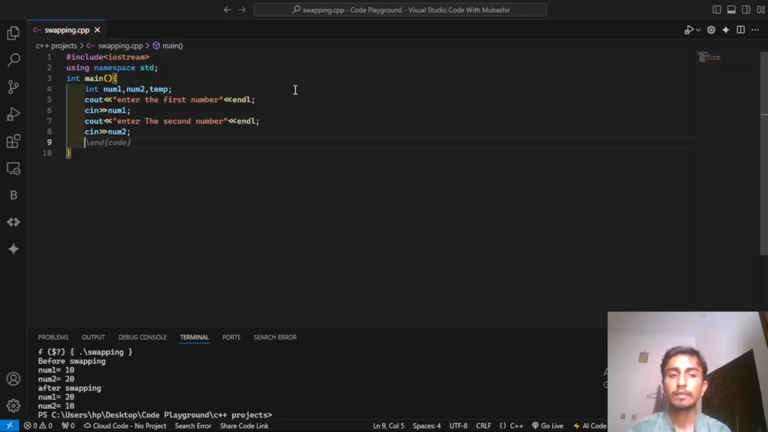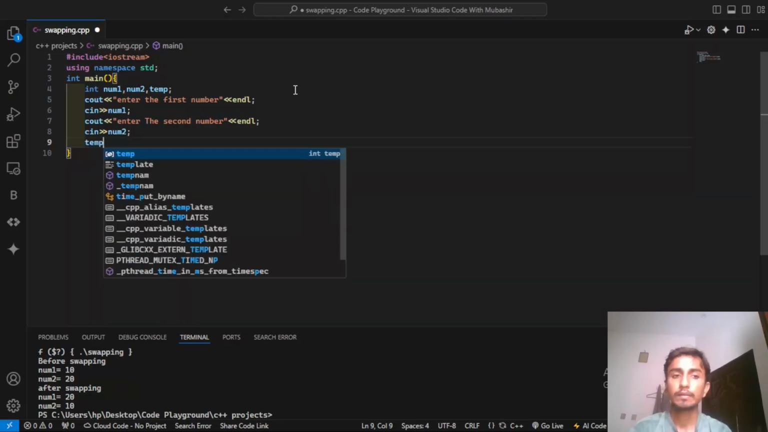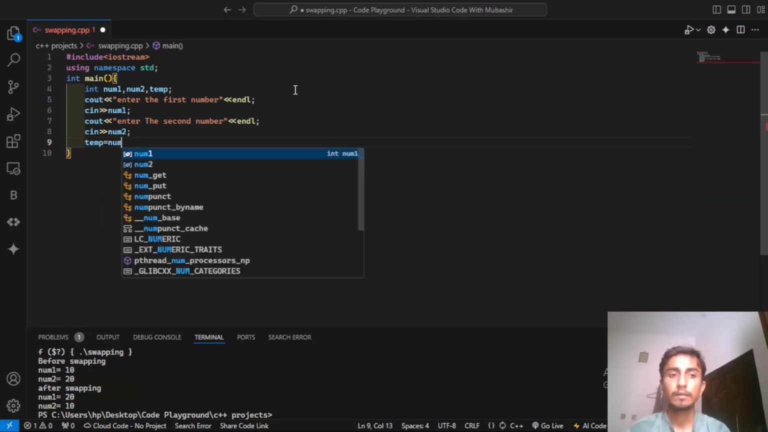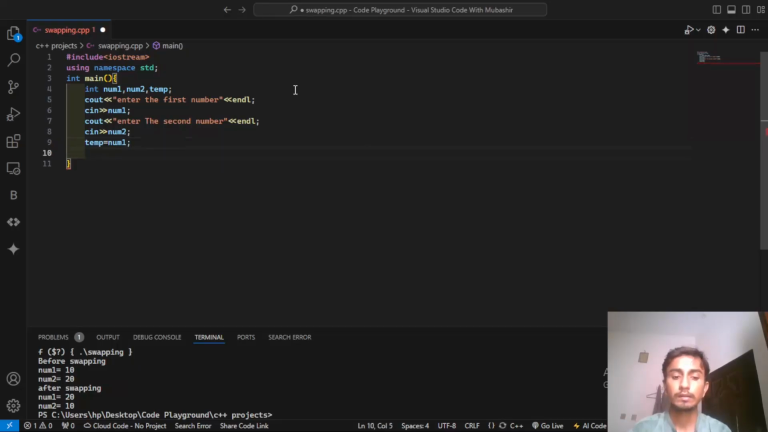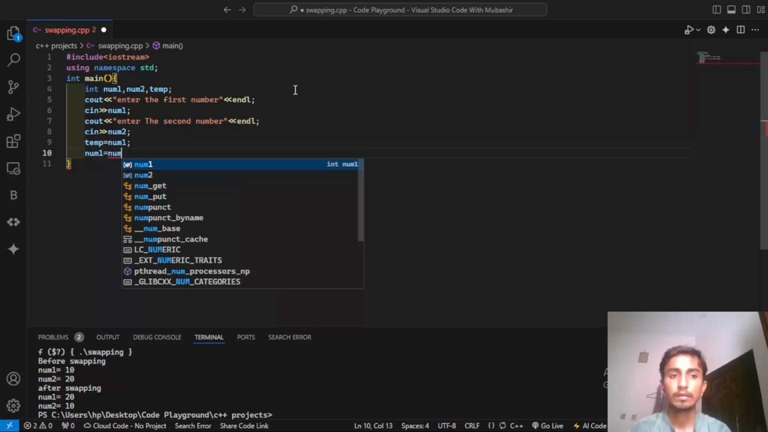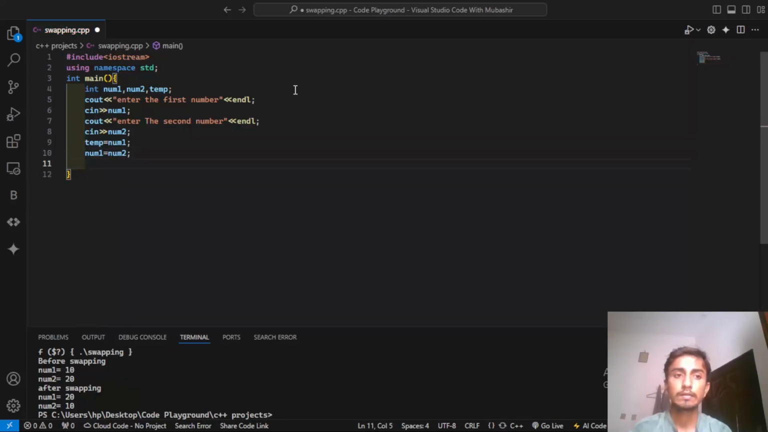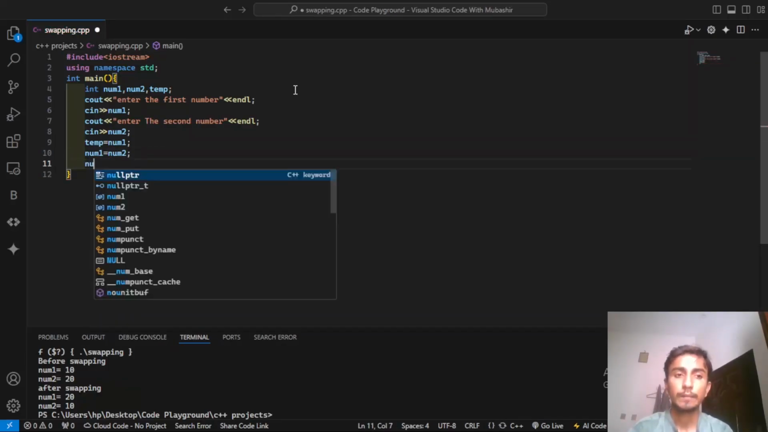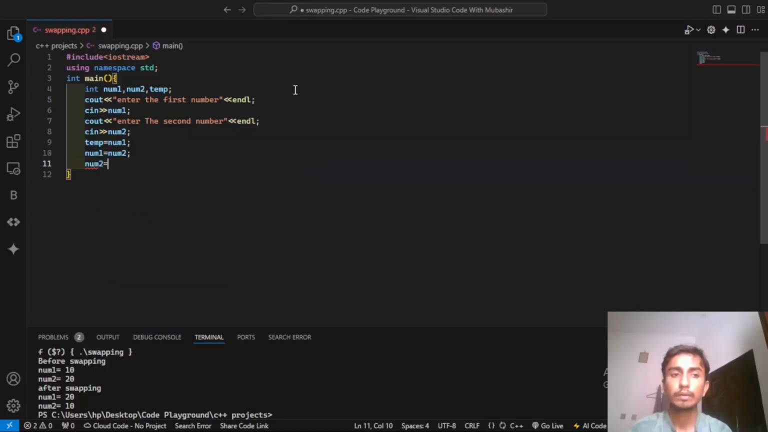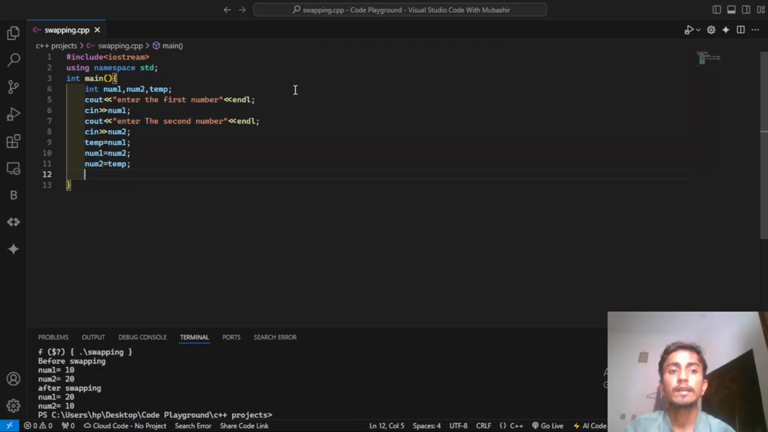Now we will just swap these two numbers. We'll write temp equals num1 semicolon, num1 equals num2 semicolon, num2 equals temp. So here what we have done, initially the temp variable was empty, so we put the num1 value